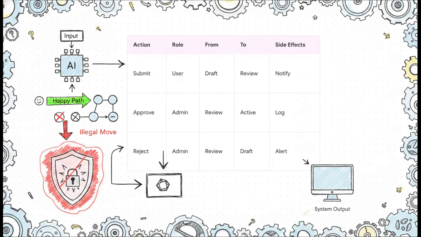This is absolutely brilliant, because replacing vague prose with exhaustive tables forces the AI to build exactly what you want. Take a state machine, for example. We make sure to emphasize explicitly illegal moves. Builders will naturally implement the happy path from a table, sure, but they only implement the rejections that you explicitly name for them. By calling out the illegal moves and demanding they return a very specific error shape, you completely lock down the system's security and flow.